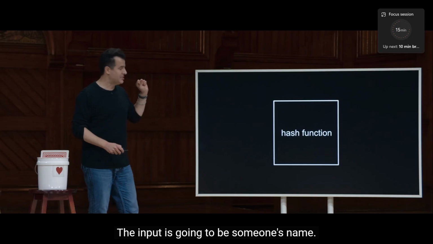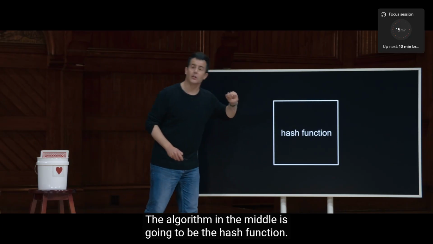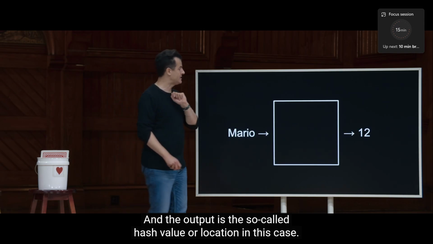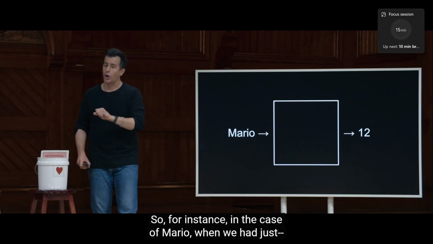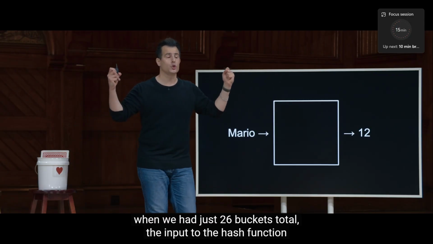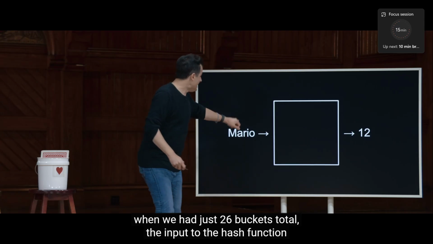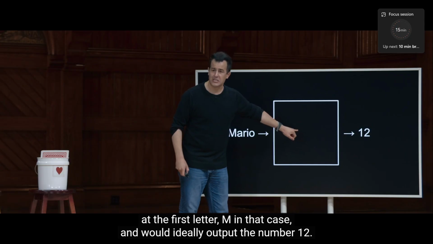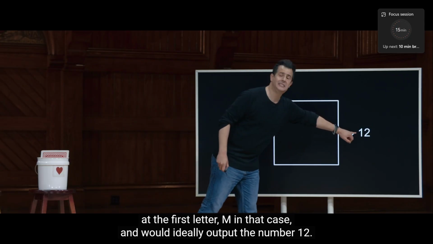The input is going to be someone's name. The algorithm in the middle is going to be the hash function. And the output is the so-called hash value, or location in this case. So for instance, in the case of Mario, when we had just 26 buckets total, the input to the hash function would be Mario. That hash function would really just look at the first letter, M in that case, and would ideally output the